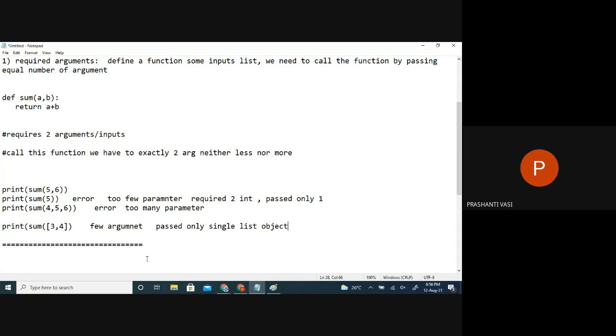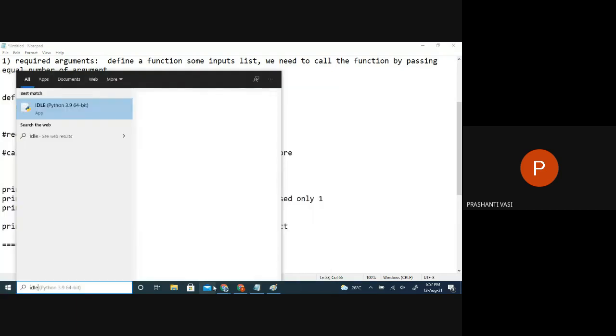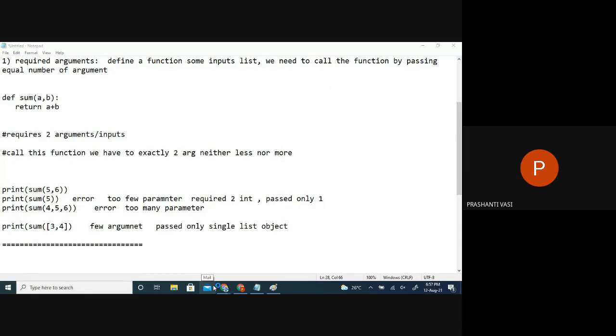So let us check this practically once. Required arguments. The code is just returning whatever you passed, using the plus operator on them. Whatever you pass, it will combine. If it is 2 strings, let us see. If I pass sum of 5.6 and 6.7, will it work, or will it give an error?